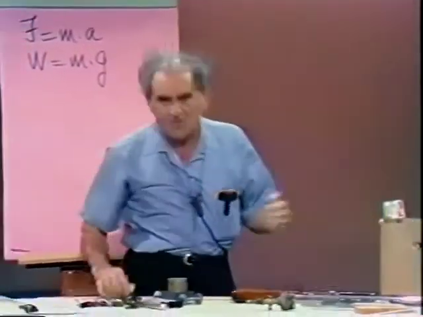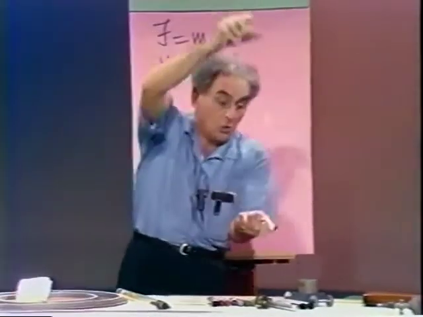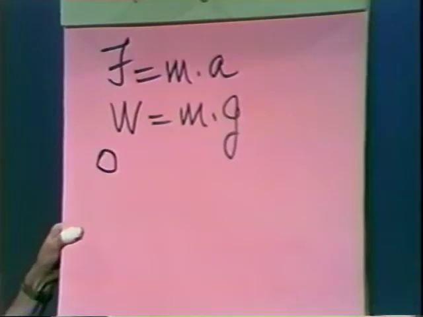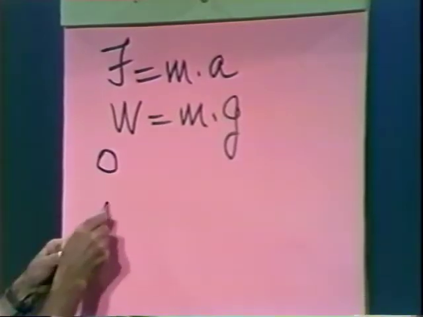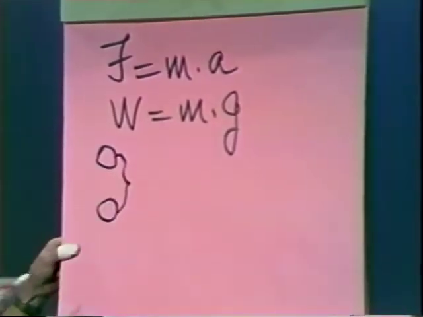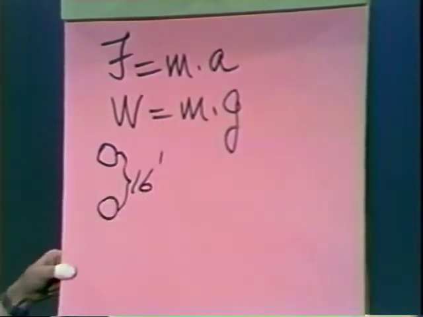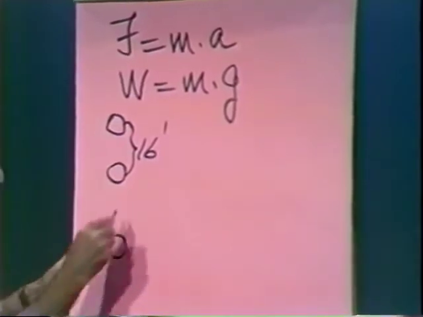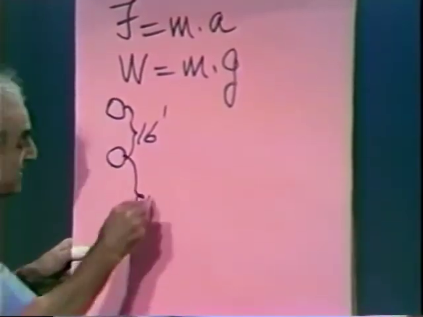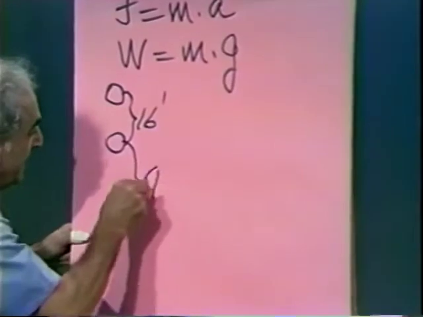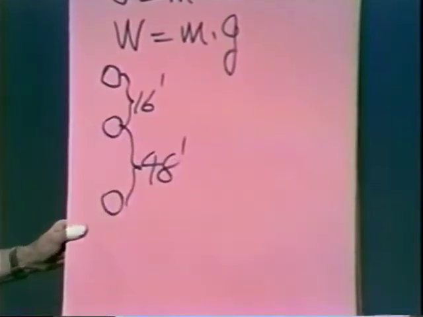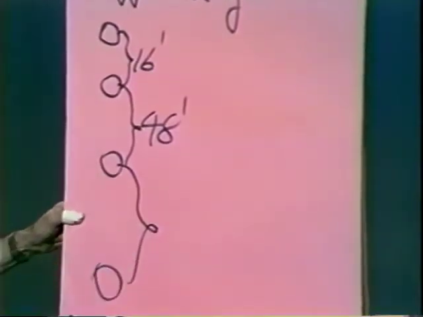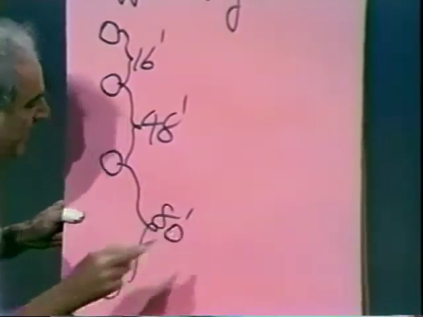Now, when we study a falling body, dropped so like that, we learn as follows. Supposing it starts right there. 1 second elapses, and we find it right there. How far has it fallen? 16 feet. Now we let another second elapse, and I'm not drawing this to scale. And how far would it fall in the second second? During the second second, it would fall 48 feet. Now let it fall for a third second. And how far would it fall during the third second? And we find 80 feet.